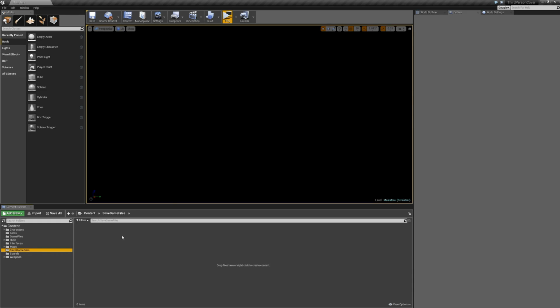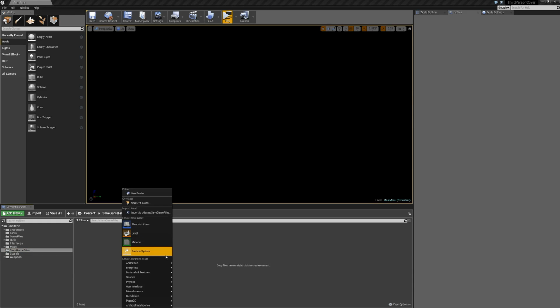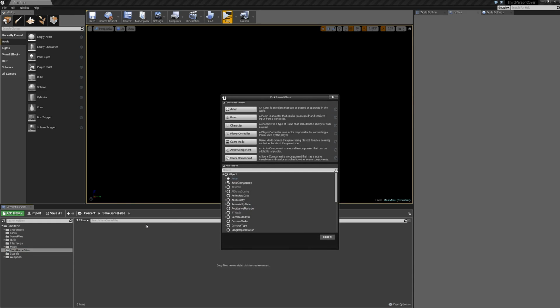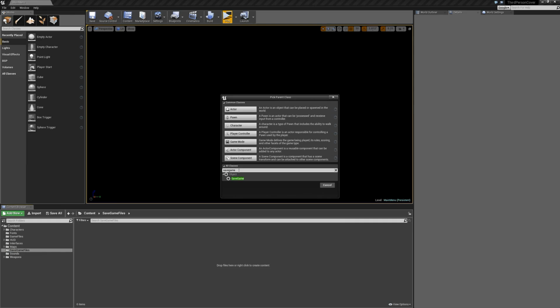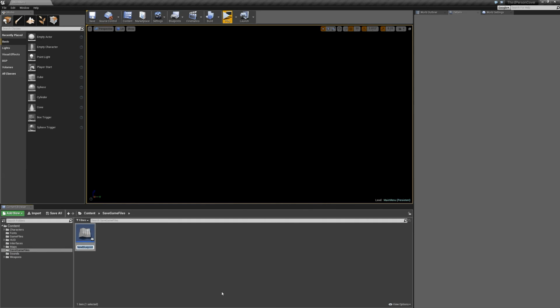So in the main content window here, I'm going to right click and we're going to add a new blueprint class. And under all classes, we're going to search for save game. We're going to select it, hit the select button, and I'm going to call this the settings save game. One thing to note with the save game, you never want to leave it with a default save game name. That will cause issues. So we're going to double click the settings save game